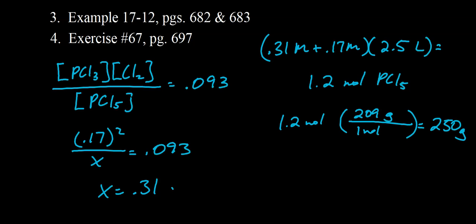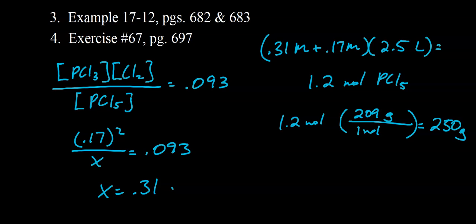All right, so a little different setup. I didn't set up an ICE table here. So the values I got, though, you can think of getting those from an ICE table. First step is to write the equilibrium expression. So concentration of PCl3 times concentration of Cl2 over concentration of PCl5 is equal to the equilibrium constant, which we are given in the problem,